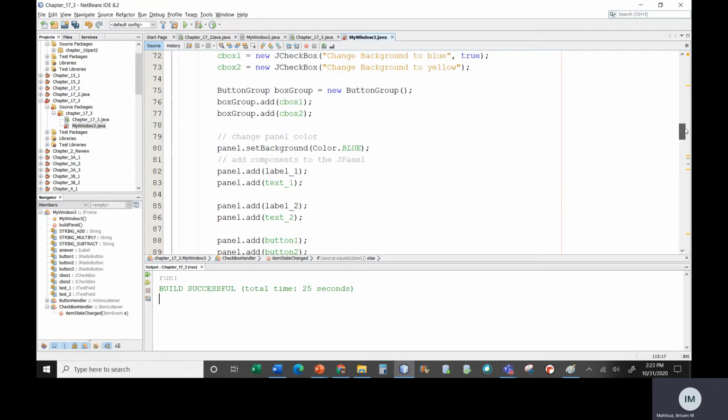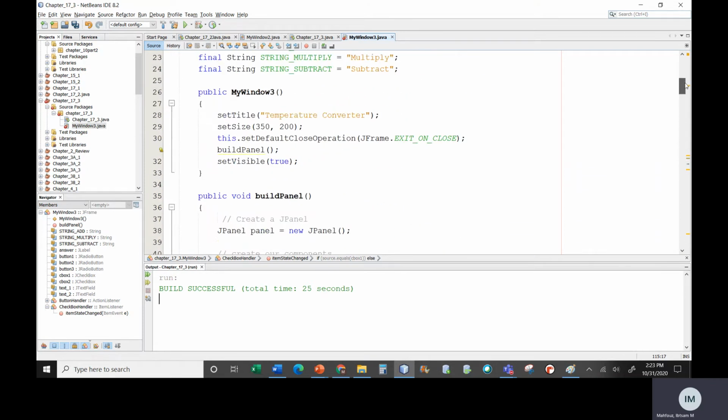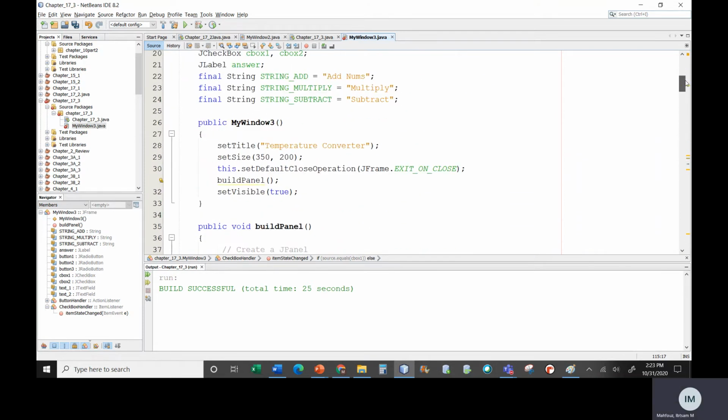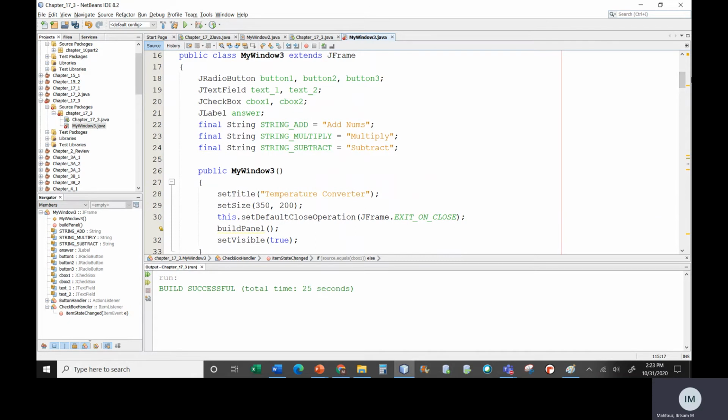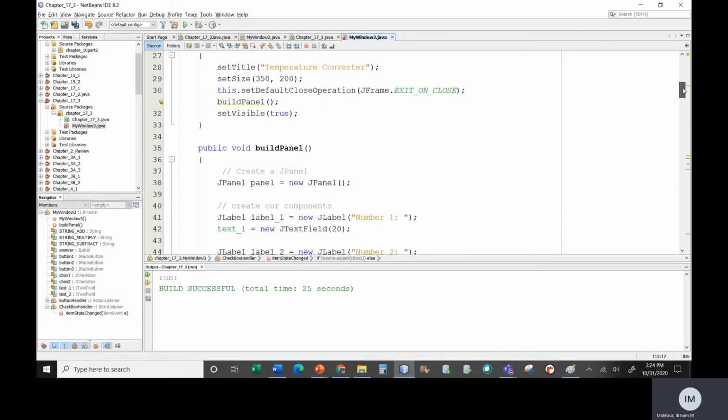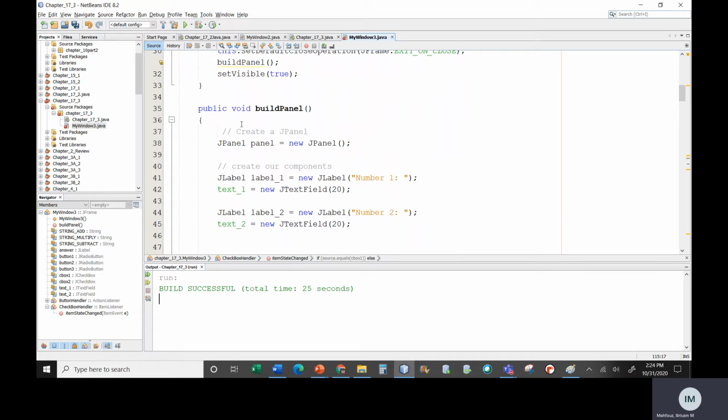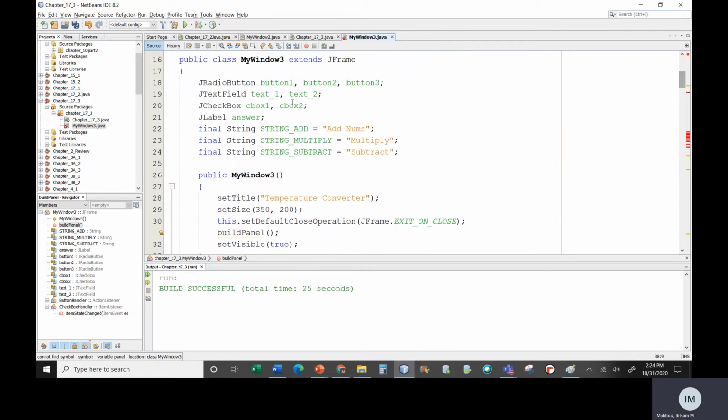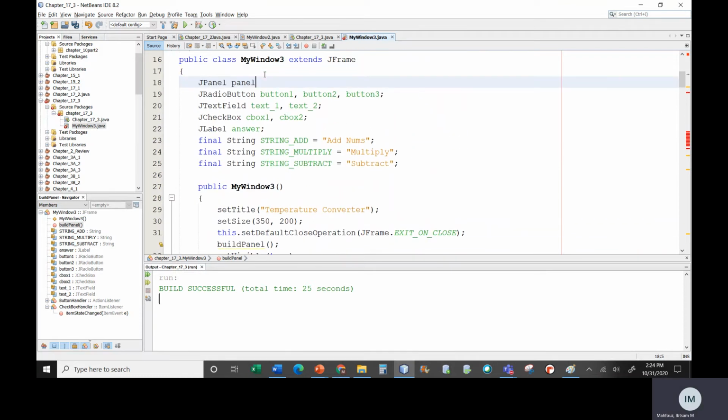One way is to make sure the panel is created all the way at the top. Okay, so my panel, I didn't put it up here. So instead, I can put it there. Instead of creating the JPanel inside build panel, I'm going to move it out so I can access it. That's the easiest way to do it. I'm just going to put my panel up here and make it accessible, just like I did with my other